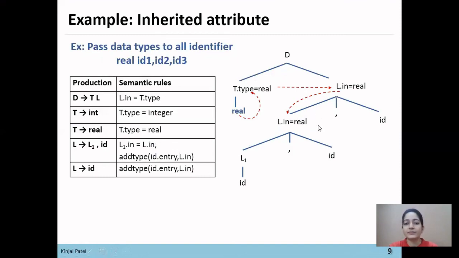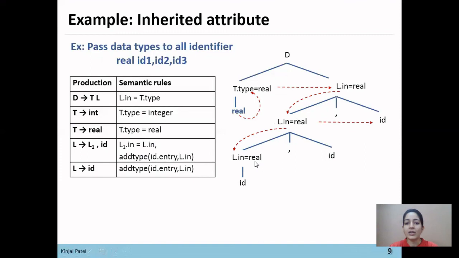Okay, now this real value will be passed to this identifier. Then the parser can know that this ID is of real type. Now next here L.in equals real because this L1 also depends on its parent, so the value of this L will be derived from its parent.